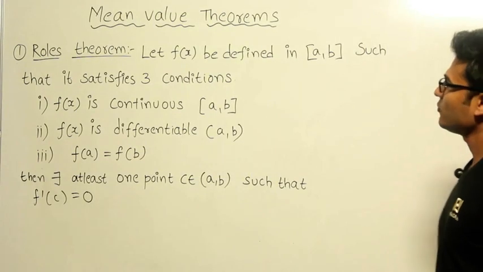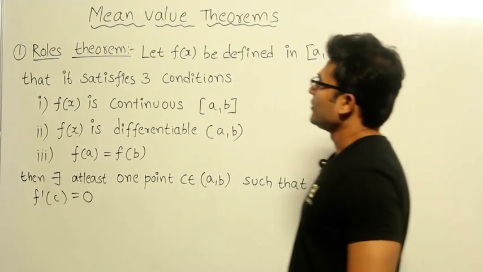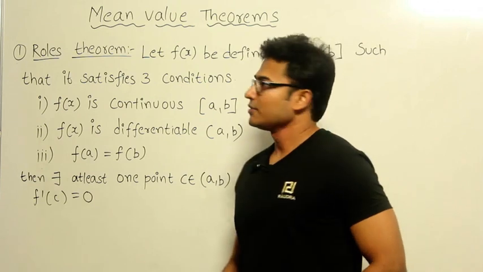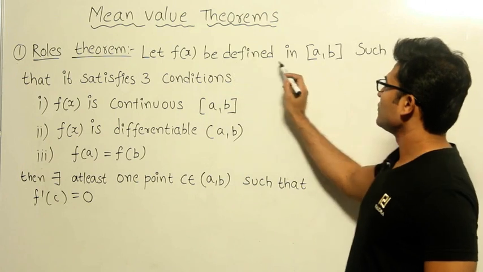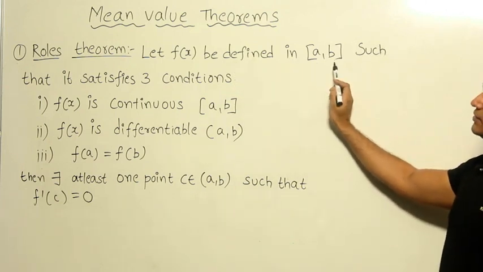Now let's see this topic of mean value theorem. So the first theorem is Rolle's theorem. So I'll read it out and explain you. Rolle's theorem says that let f of x be defined in the range a comma b such that it